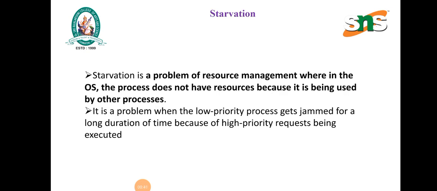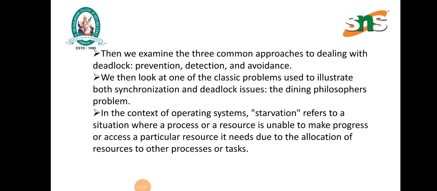Starvation is a problem of resource management where, in an operating system, a process does not get a resource because it is being used by another process. It is a problem when a low priority process is delayed for a long duration of time because high priority processes require being executed. Then we examine three common approaches to dealing with deadlock, that is prevention, detection and